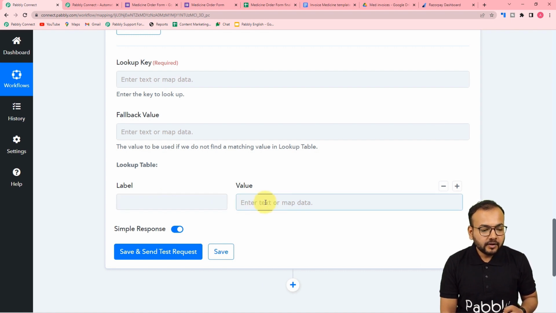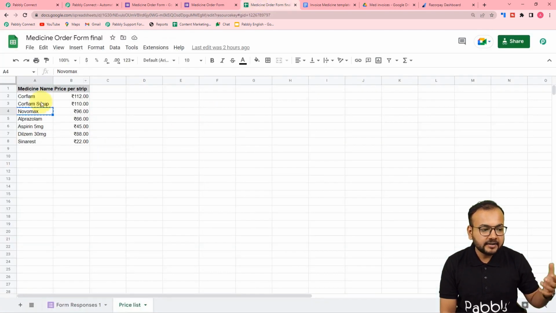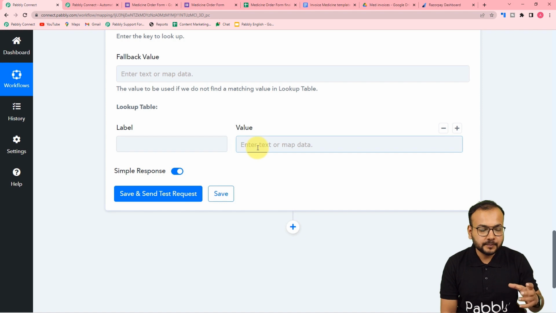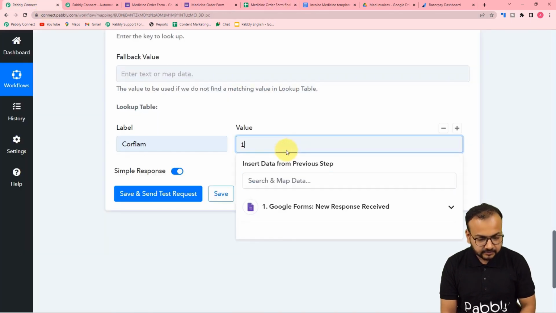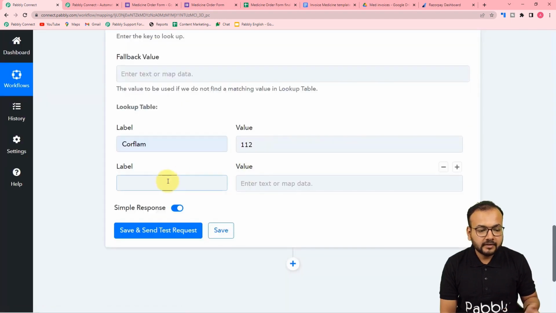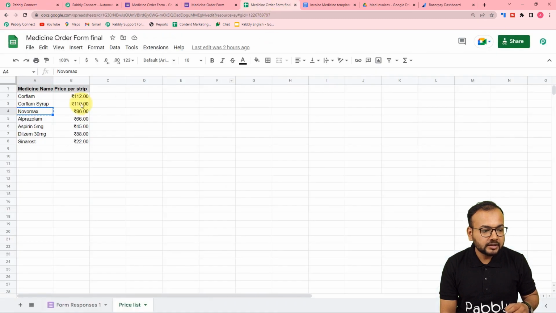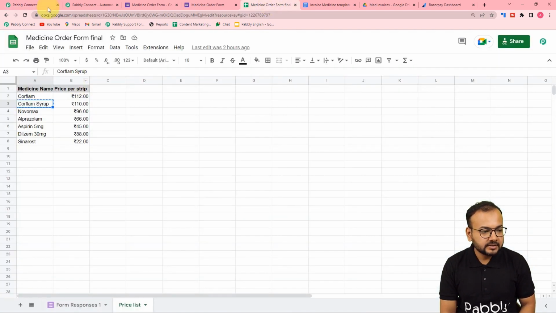First of all, let me show you how to create labels. I want to pass the values of the medicines and their prices. Just like I have entered the data in the sheet, I want to create the same entries here. Here you can put the name of the medicine like this. I have Corflam. And in the value you can put the price. Then you can add another row by clicking on this plus icon, and it will create another label. Here I am going to mention another medicine's name. Just copy this value from here, put it here, and then put the price. What is the price? 110. Okay,